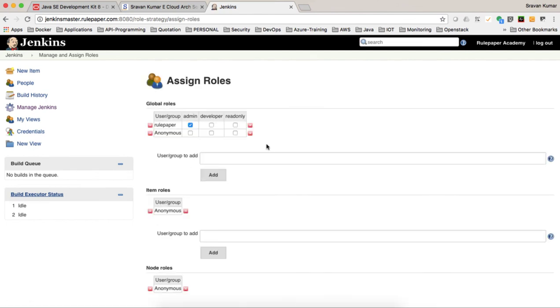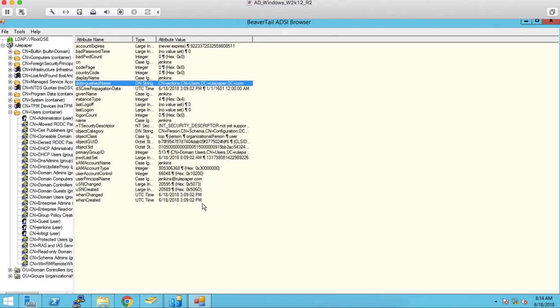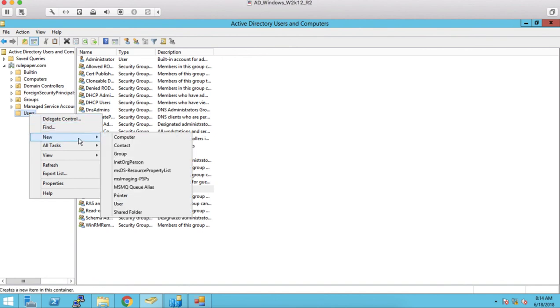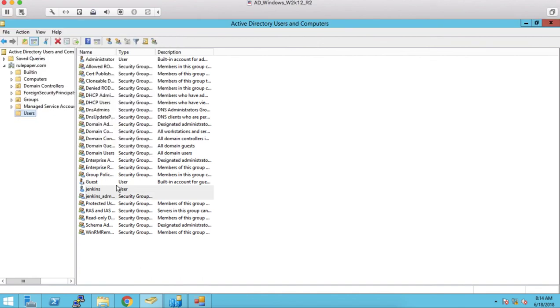Now let's assign the users. I have a Jenkins user created in Active Directory. So now what I can do is click on add for Jenkins. What I would like to do is make it an admin. Now I want to add a group. So far I haven't created a group in Active Directory, so I can add a group and say the group name is Jenkins_admins. Click OK,